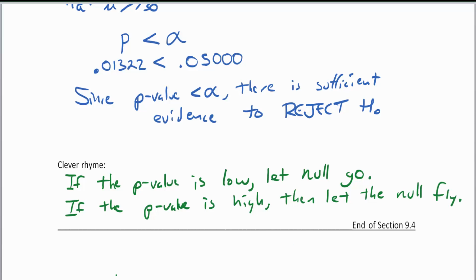Which means we will keep that, we would let the null stand, we would let it fly, so the null would not be rejected. All right, so the next piece is to now set up all of the parts inside